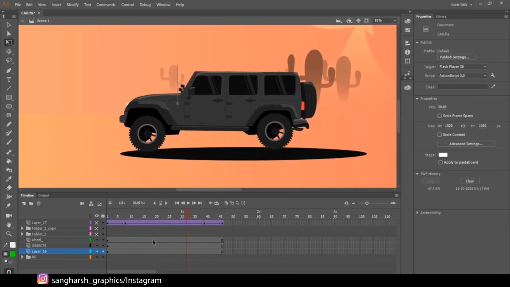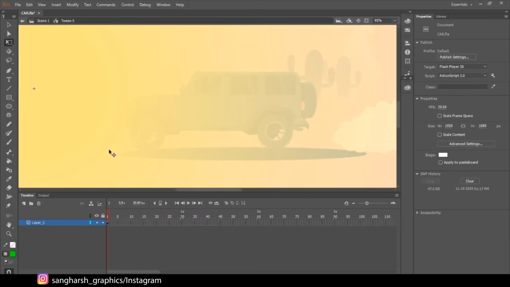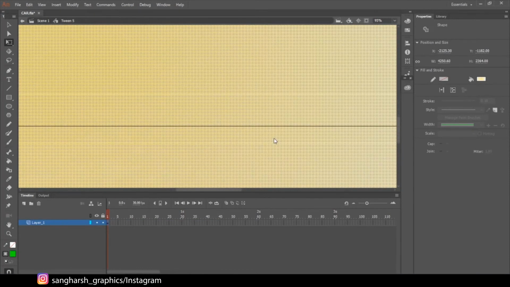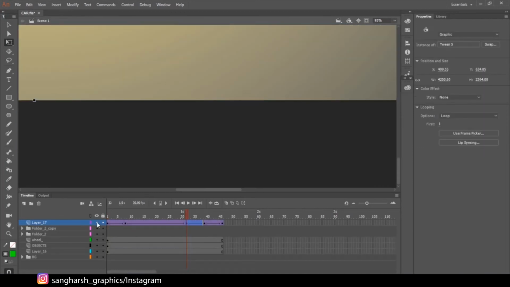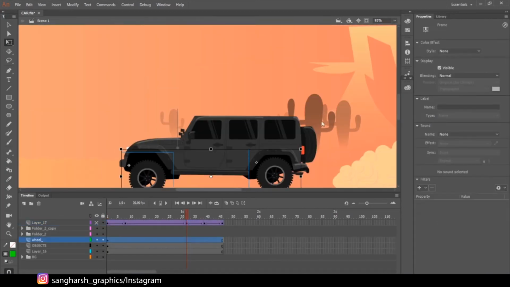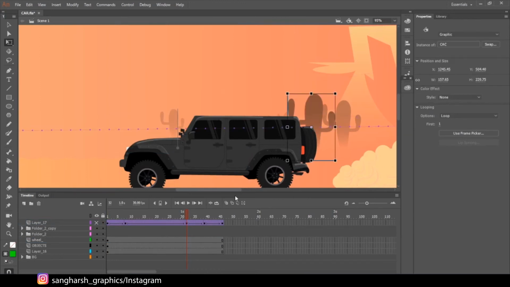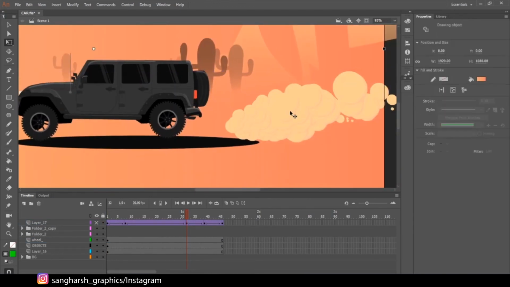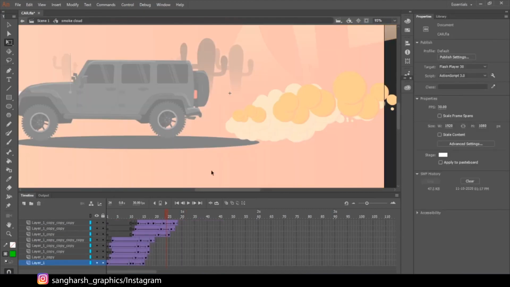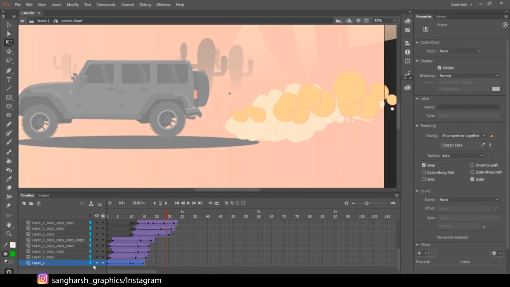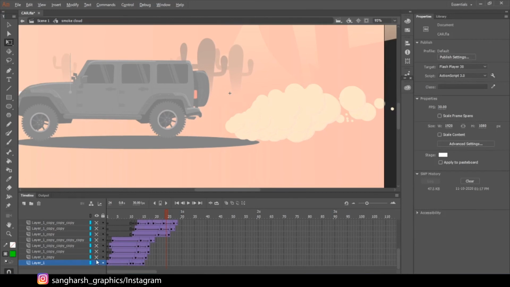So now the car is also animated, and the smoke I don't think I was going to do, but I just did it. Firstly, what I have done, I will show it, because I also created it as a graphic symbol. So what I have done, firstly just create a single layer like this. You can just press Alt and click on the eye to isolate the layer.